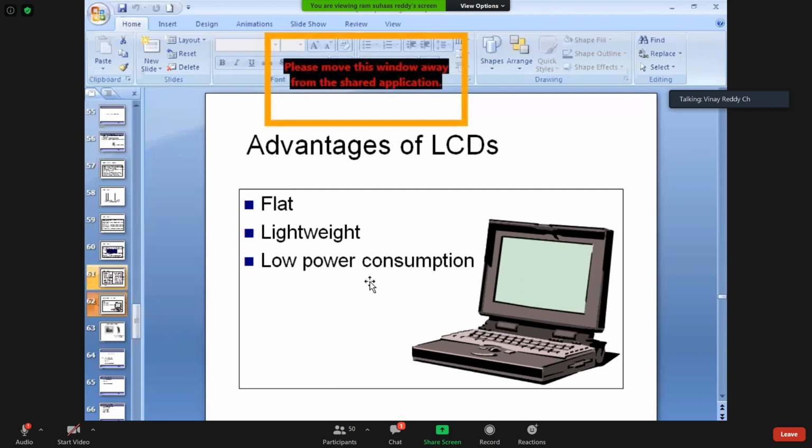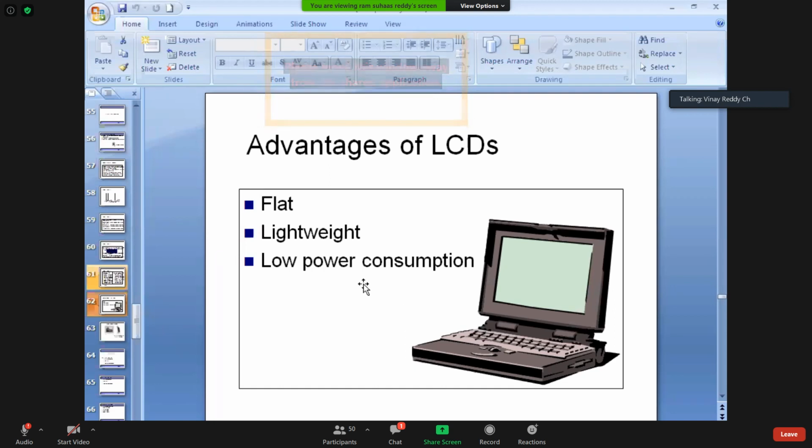This is also one of the parts. Normally CRT gives you more power consumption. If you observe the backside of any CRT monitor, lots of heat will be generated. Our CAD CAM lab is the best example. You might have sat for a longer time in a training session recently or any laboratory session.